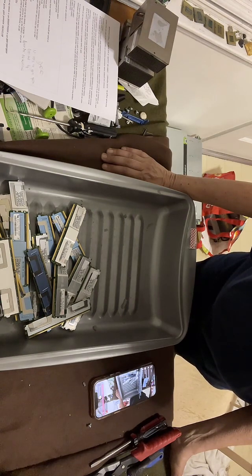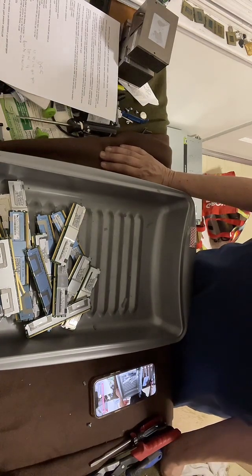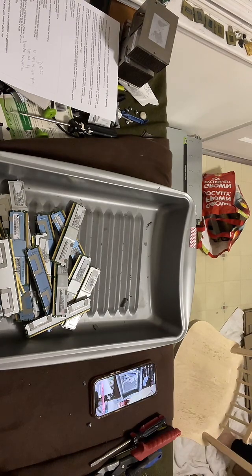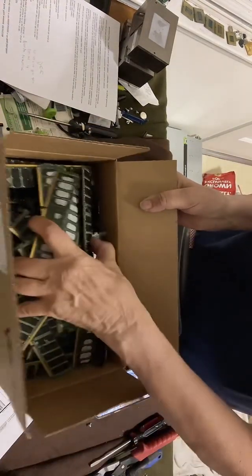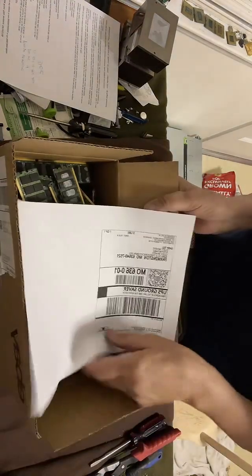Yes, Fibbin Zero, it's all DDR5. It's all server RAM. I'm in the process of actually filling 2 orders. Here's the first order. This is 10 pounds of RAM. This is all shielded RAM that I took the heat shields off of them, and that's actually going to one